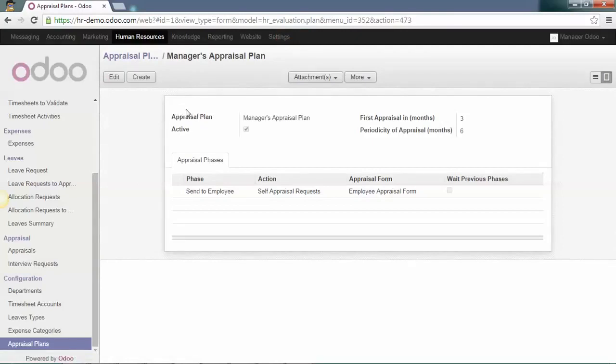Here you can see the name of the plan, and here you have the first appraisal in months. This represents the time in months that the system will take into account to launch the first appraisal plan starting the day of the attribution of this plan to an employee on its employee form. Here it's 3 months. And the second field is the number of months between each following appraisal that will happen